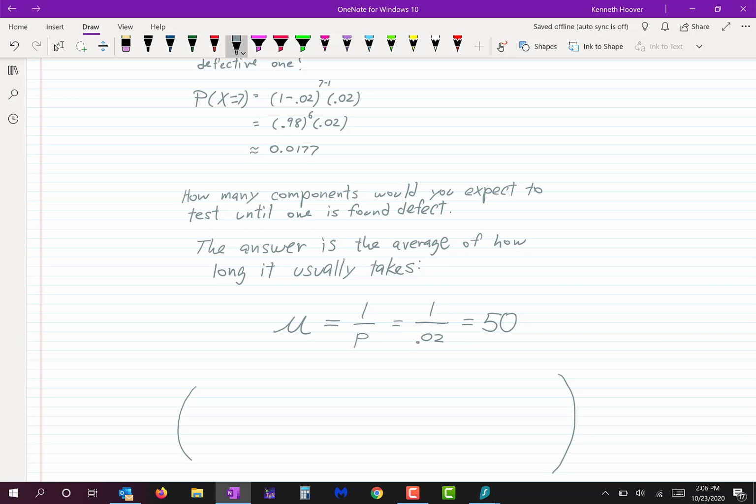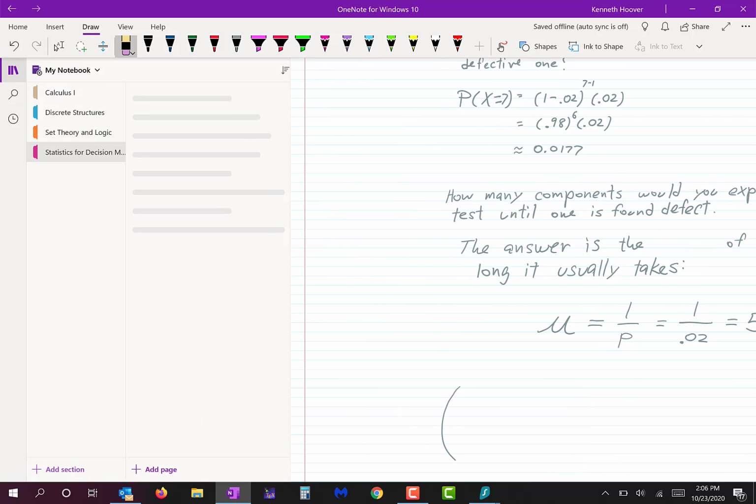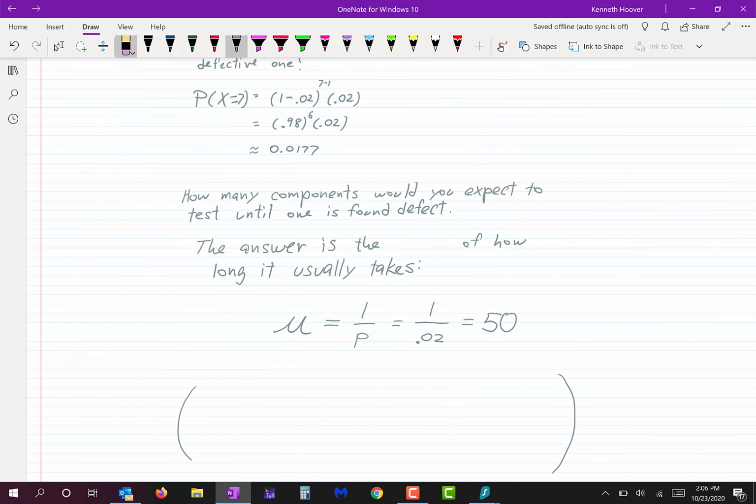Mean, which remember is just another word for average. So we introduced mean, variance, and standard deviation at approximately the same time. So since I gave you a formula here for the mean of a geometric distribution, I'll go ahead and tell you the formula for variance,